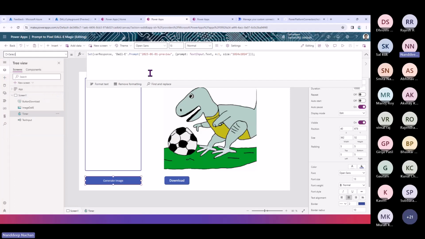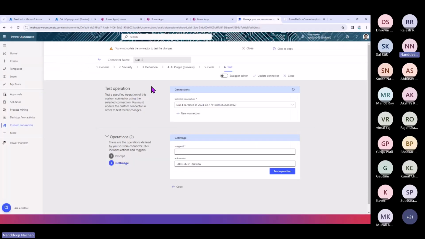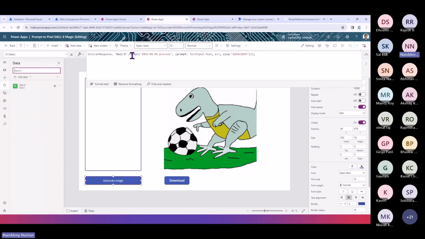All right, so on select, whenever someone clicks onto this, I'm giving a call to my custom connector, which is written here, and then dot prompt is nothing but my operation which I'm doing. So it will go ahead and give that prompt. This is the first kind of parameter, which is the versioning parameter mentioned here, and the second parameter